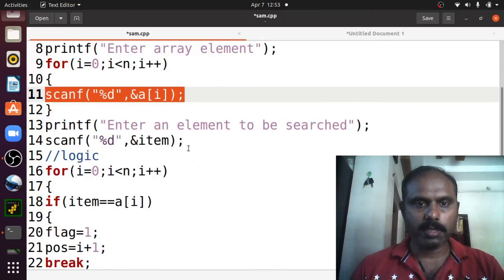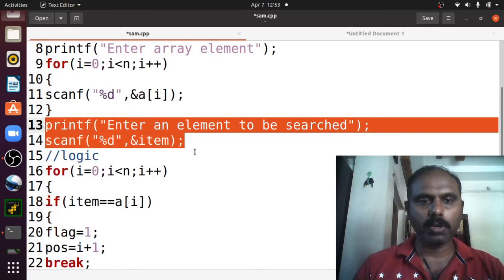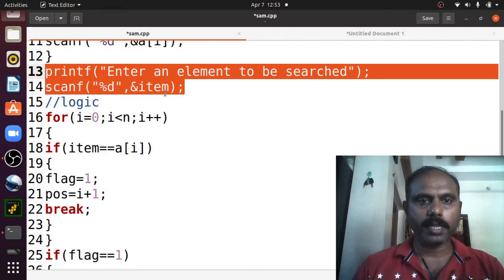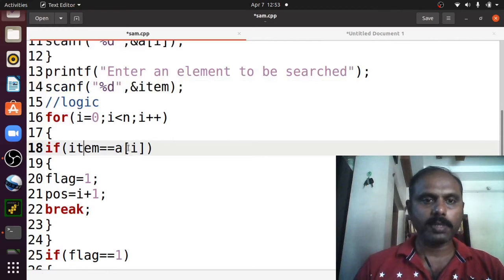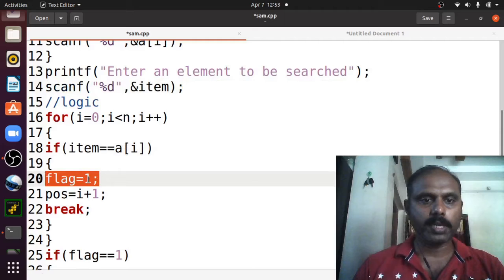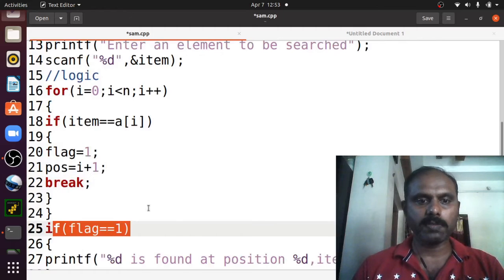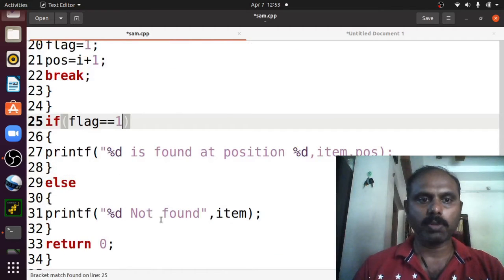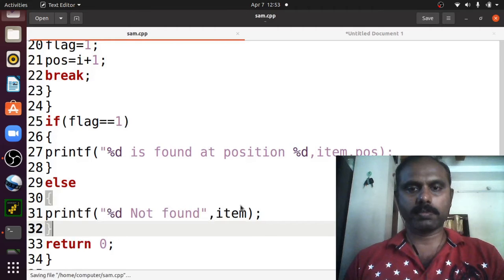Once you have taken an item which you want to search, you will compare that item with each and every element of an array. If that item is found, then the flag will be set to 1 and position will be set to i+1 and break. It will come out. If the flag is 1, the element is found. If the flag is 0, the element is not found. Let us execute this.